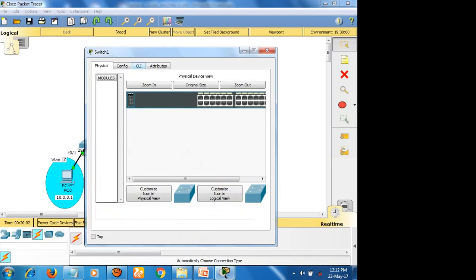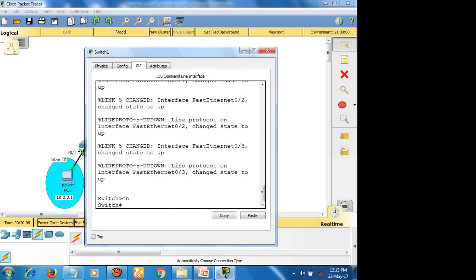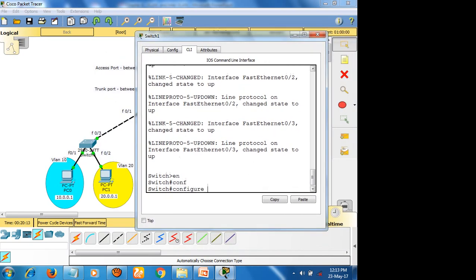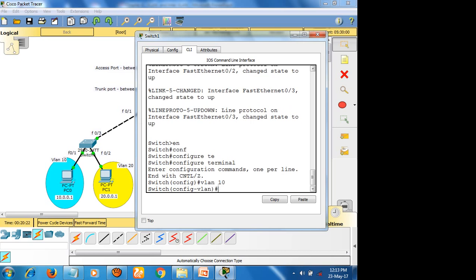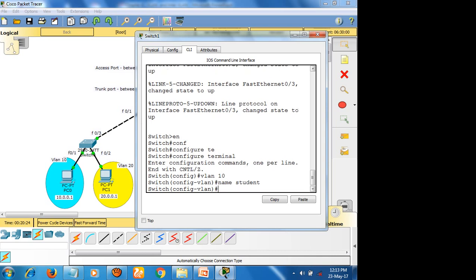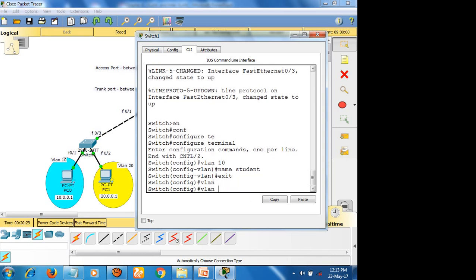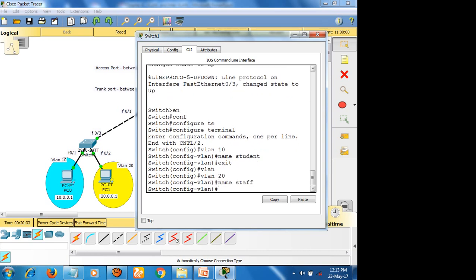I'm going to switch 1. I'm doing the same. Enable, config. First we need to create a virtual LAN, VLAN 10, and the name is student. Exit. VLAN 20, and the name is staff. Exit,